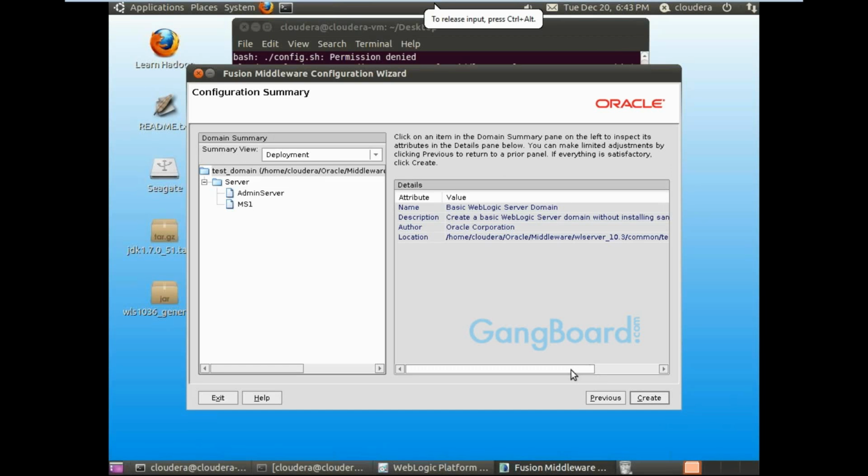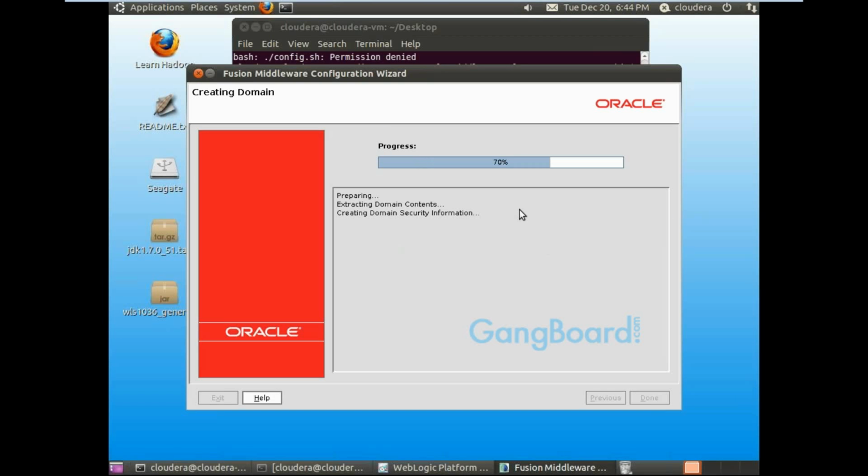Machine and cluster, we need only if we are doing the machine and node agent, we need only when we do the clustering, right? The machines and the node agent are not only related to cluster. We can do it on the same system also, but here it is not required right now, so I am not installing. So in our server architecture we have one admin server and one MS1. Okay, I'm going to create the things.